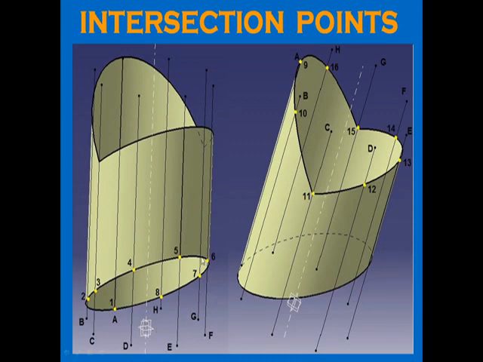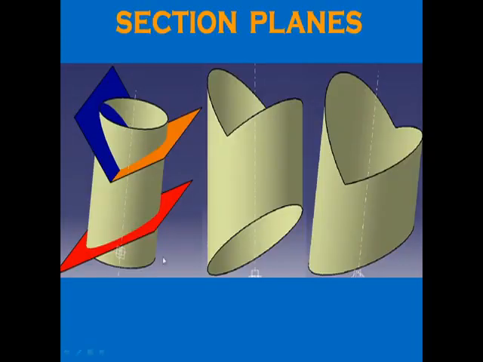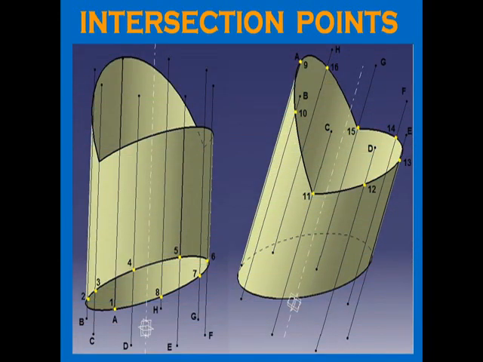So we'll take first the lower section plane, the red section plane inclined at 30 degrees to XY line, and cutting the left corner of the base and then moving on to the right. So we'll take this cutting plane first and see the intersection points. The cutting plane and the intersection points are shown, and how the cylinder looks after cutting is shown. So I'm going to locate the intersection points on the respective generator.